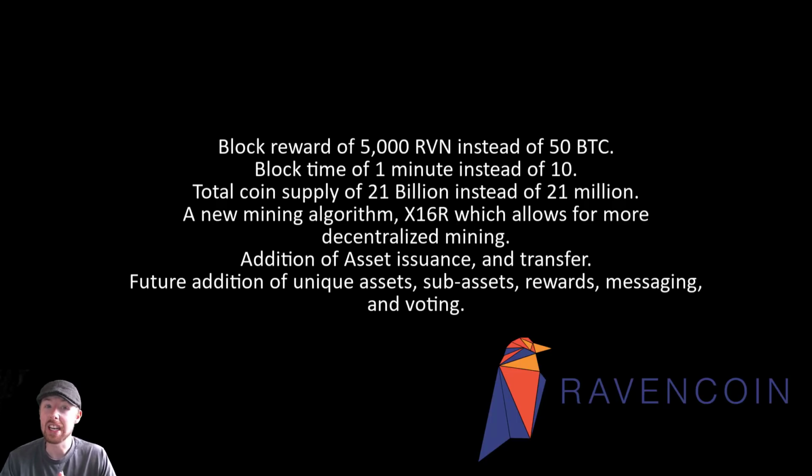The block time is 1 minute instead of 10 minutes, making it a lot faster. The total supply, 21 billion compared to the 21 million of Bitcoin. Obviously, I've already mentioned the mining algorithms, X16R instead of the SHA-256. It allows for more decentralized mining, which is much, much better. Additional asset issuance and transfer,